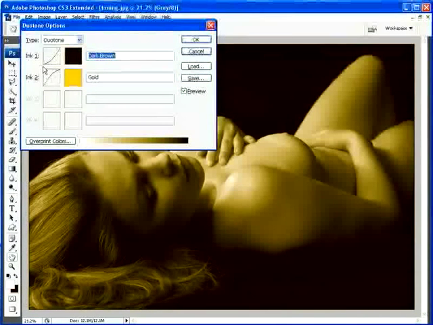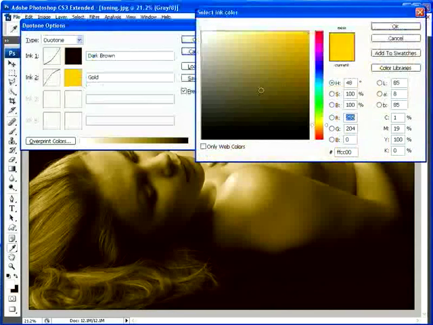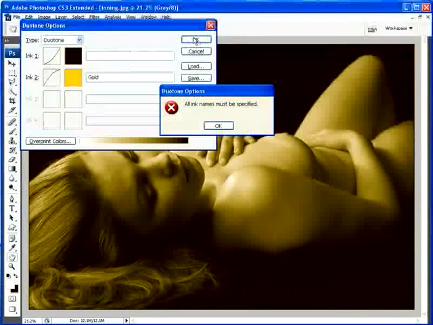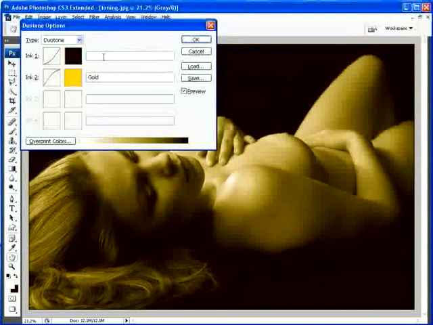And of course before you commit the change, you could then dramatically experiment and alter by using other colours here. You've still got that option, but let's stick with the golden brown colour we've chosen. Click OK, and there we have our duotone image. Let's click OK to finally change that. You have to have names here, otherwise it won't let you. For example, if I just delete that and try clicking OK, it will complain. You've got to specify an ink name. So let's go back to dark brown,